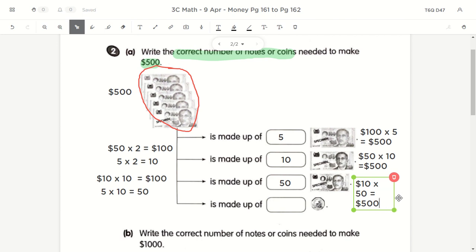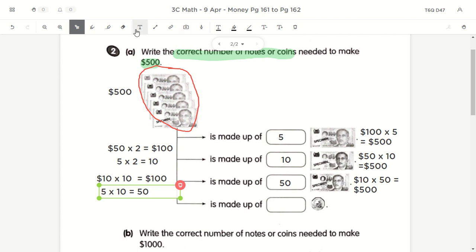Okay, please do write these things down on the side as well. It will help a lot in your understanding. So once again, there are 5 groups of $100, and in each $100 there are 10 pieces of $10. So 5 groups of 100 multiplied by 10 pieces of $10 in each group give you 50. So 50 $10 notes will give you 500. And for the very last one,